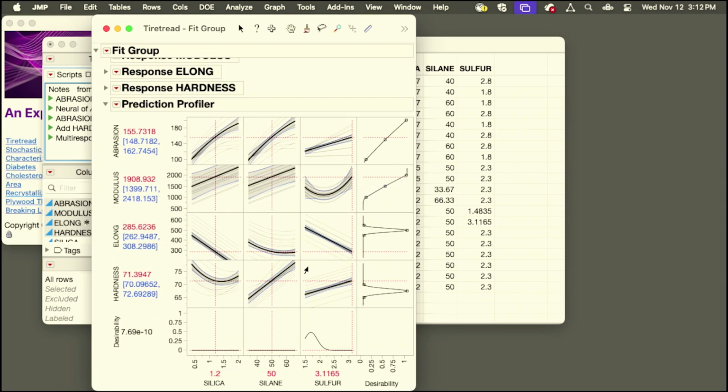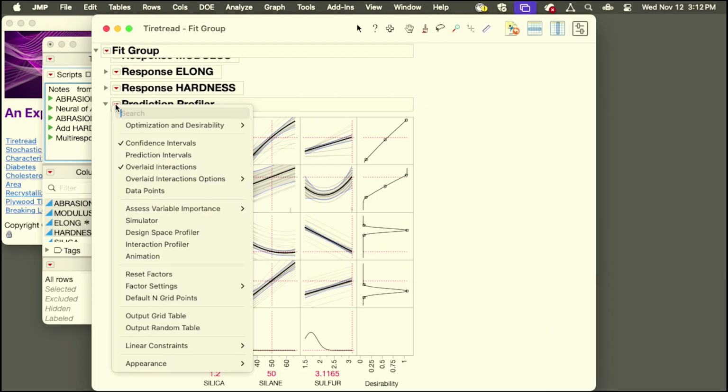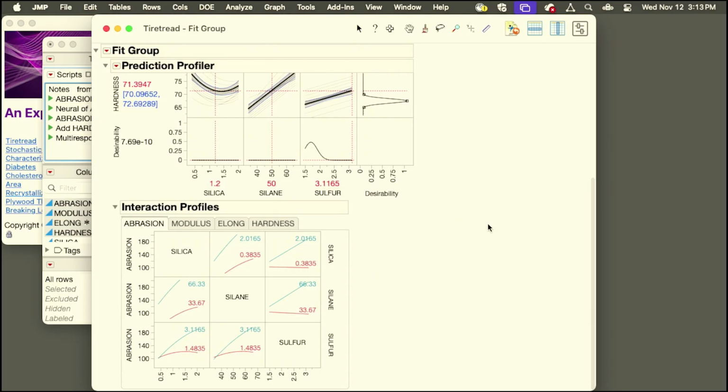Let's look at the two-way overlaid interactions. Nope, that's what I am looking at. What's the other one? Interaction profiler, this one. Okay, overlaid interactions is what we just looked at. The interaction profiler is another way to get a sense about these interactions. So this is, again, thinking about pairwise. So let's look at maybe abrasion